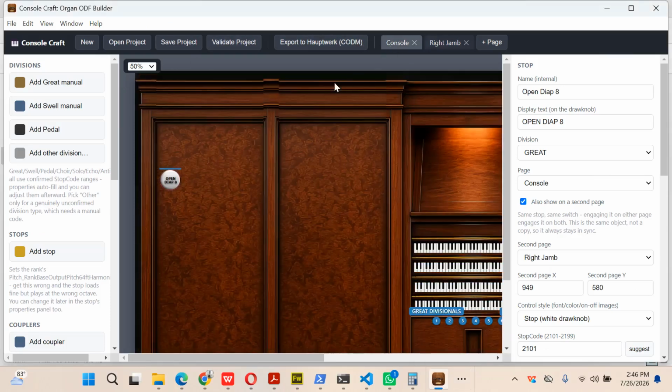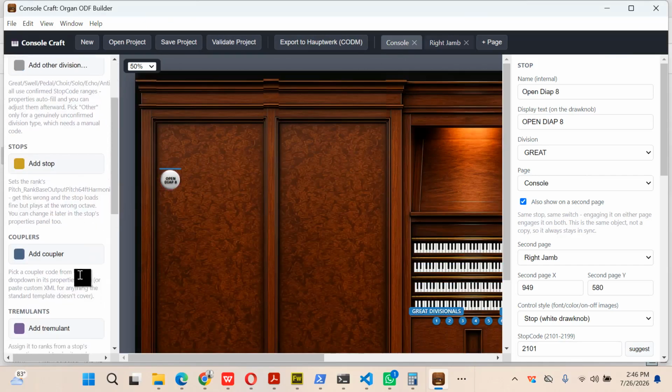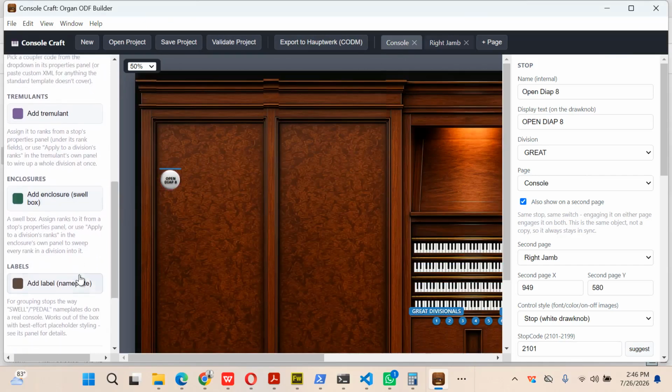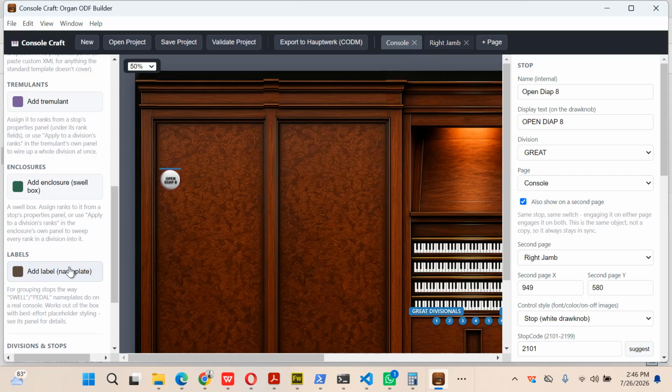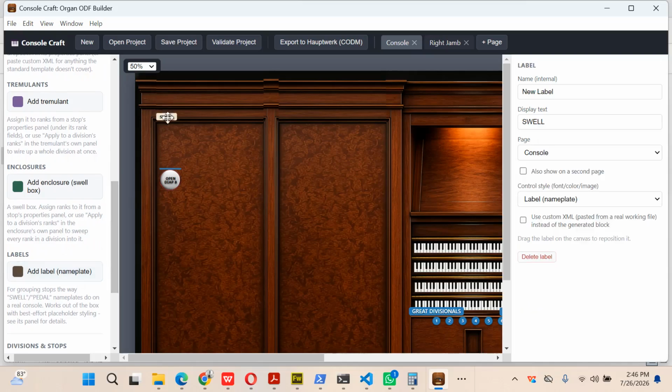Now go back to console view. You can add what they call patches, like name labels. So now this is for swell, and let me change the name of the label since this is great. And now you can see it shows great. If I were to load this in Hauptwerk now, it will just show with this great, and it will show using Hauptwerk's default. So again, let me just do that real quick and export